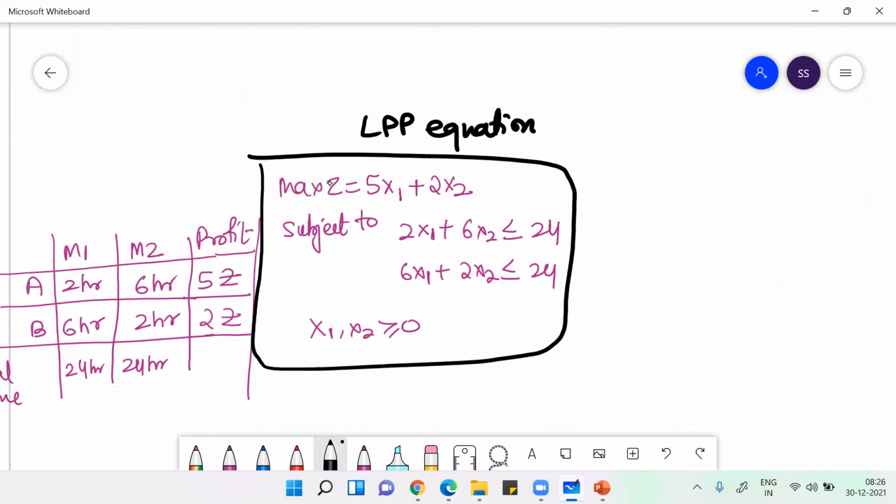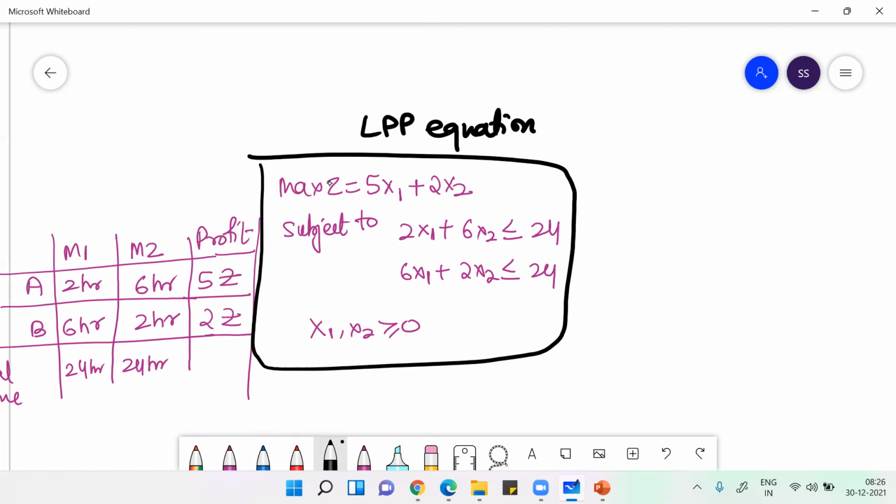Actually, there's one more way, that is called Solver in MS Excel. In MS Excel, you have something called Solver. If you use Solver, you can solve it very easily. I have made a lot of videos on my YouTube channel where I have solved these kinds of questions using Solver also. Anyway, what is important for you is to understand how you can solve this question by using the graphical method, or the simplex method, or Solver.